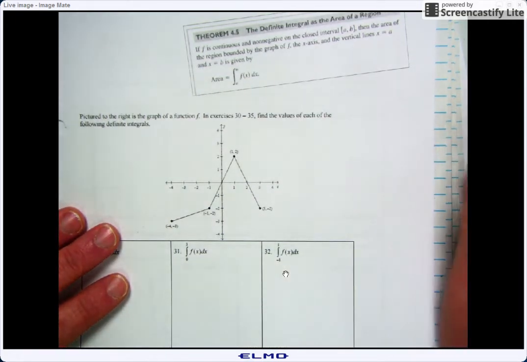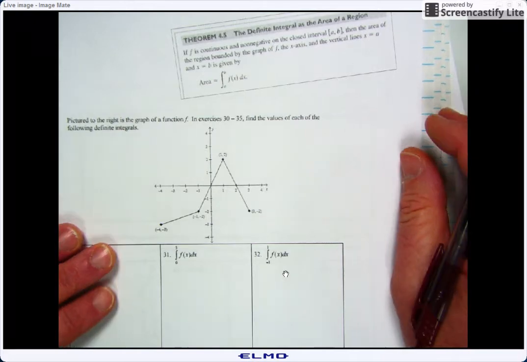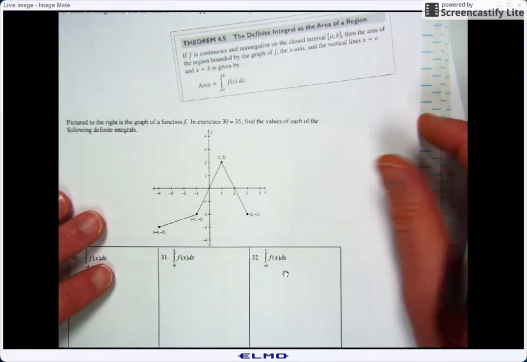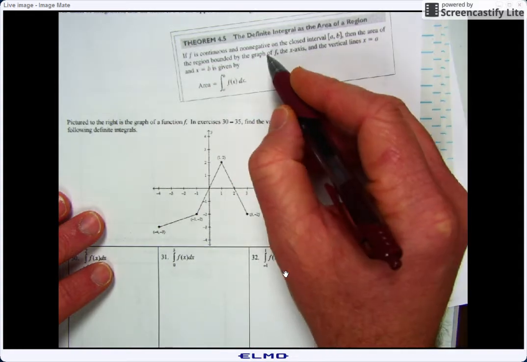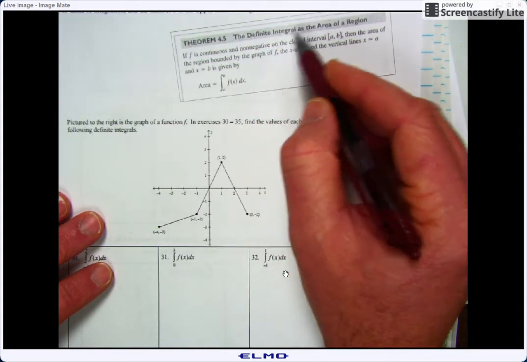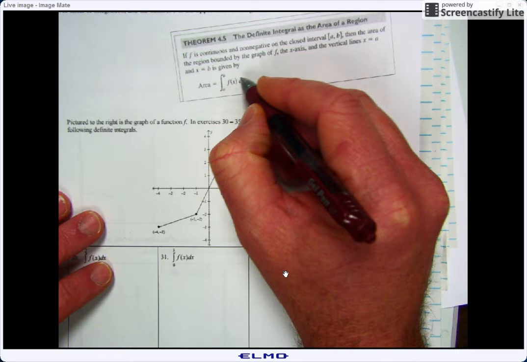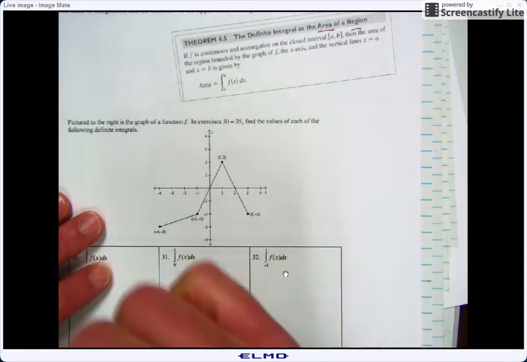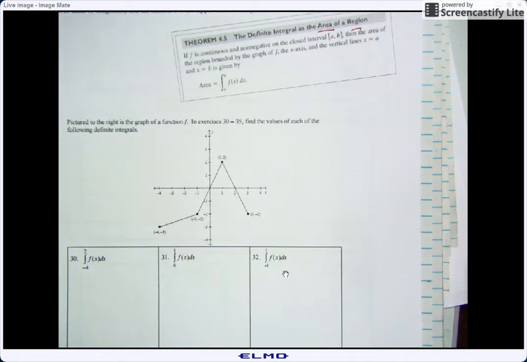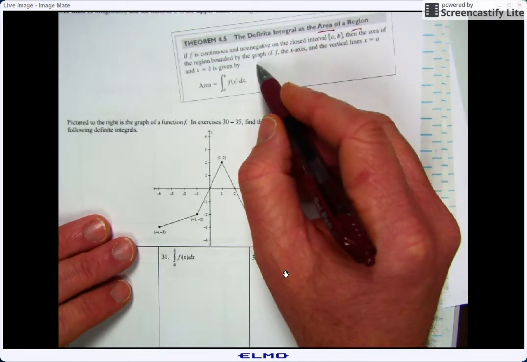These are the notes for the definite integral introduction. We've already talked about some of these parts, and there are some other areas as well. The first one is the definition of the definite integral as the area of a region. The top part of this page is the theory behind the whole thing, but not as important as